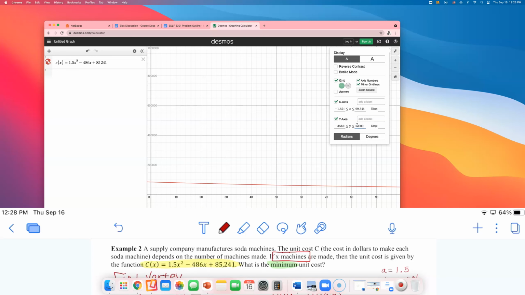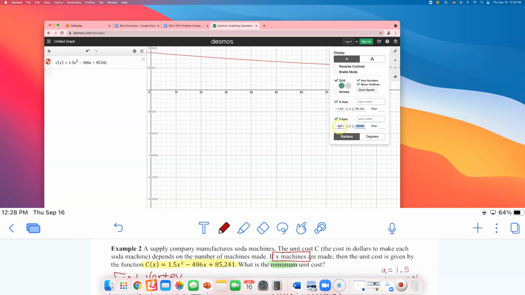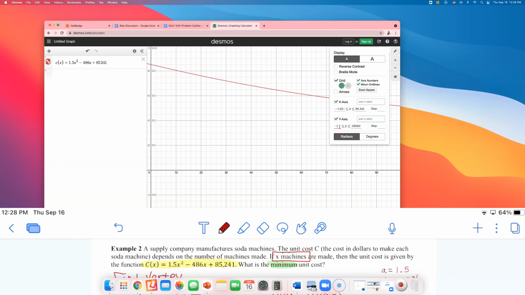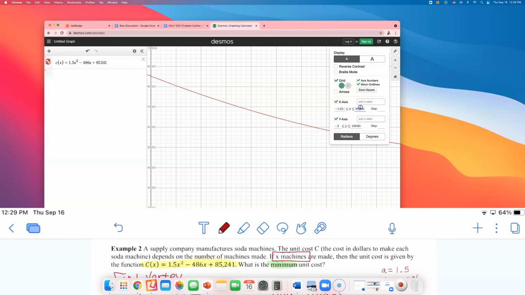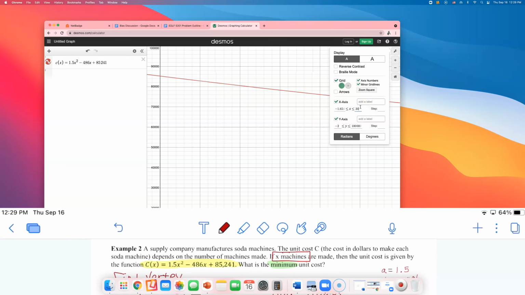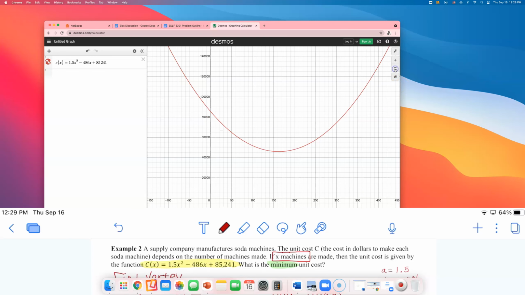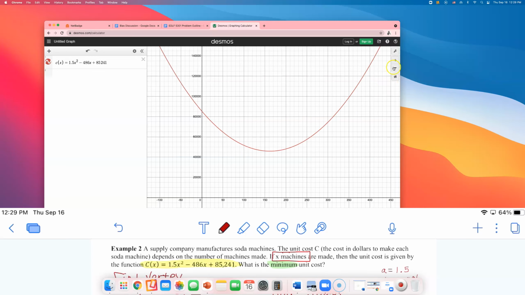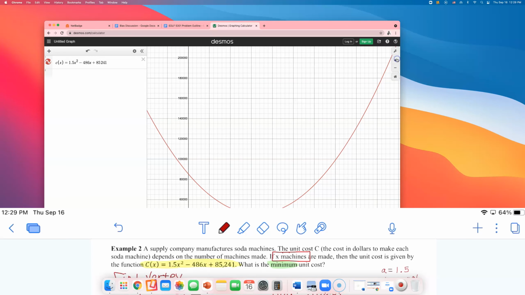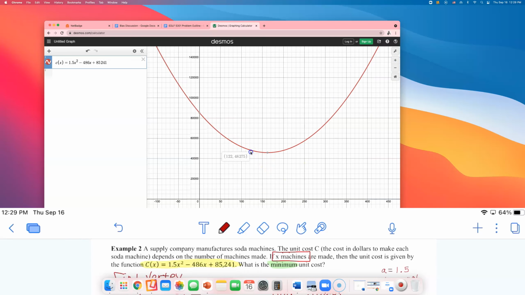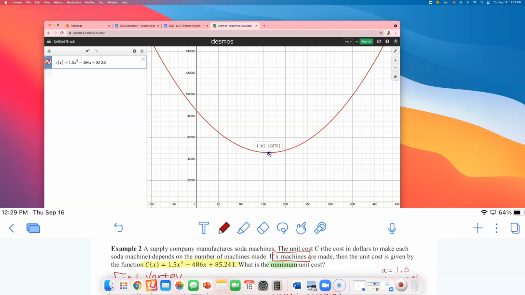Okay, hold on. This teacher's trying. Oh, that's good. All right, hold on, you guys. You see it? I changed the graph a little bit so that it looks like a parabola, okay? Now, where is the minimum happening? Somewhere down here, right? They plotted a point for us right there. So what they did was they actually plotted a vertex, okay? And they said the vertex is happening at x of 162. That was the number of soda machines, right? And the minimum value is